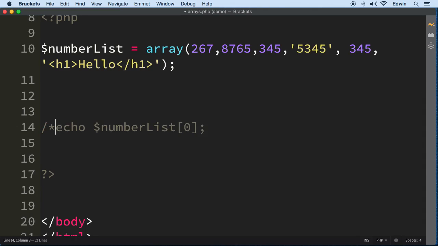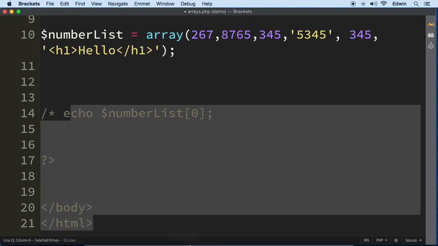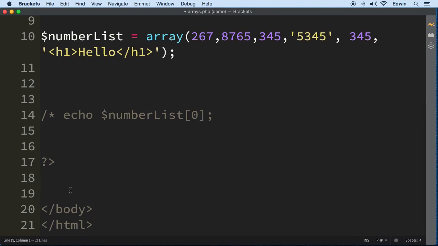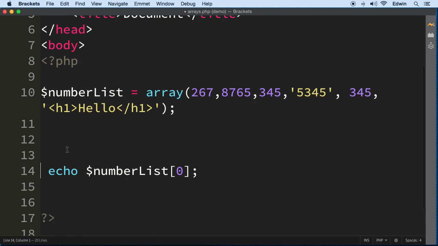I'm just repeating this in case I haven't told you already. And /* starts a block, and everything is commented until we close it like this. I think you do it like that in CSS too, if I'm not mistaken. So anyways,